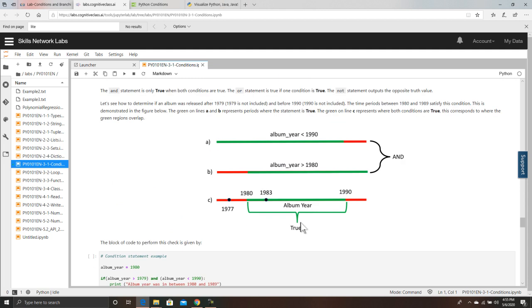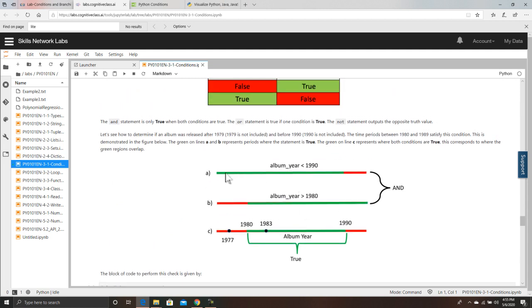So there is a comparison as well. For example, we have an album year which is less than 1990, and the results less than 1990. The green shows true and this is false. It means this is less than 1990, which will be 1989. Above the red region, all the region is 1990.